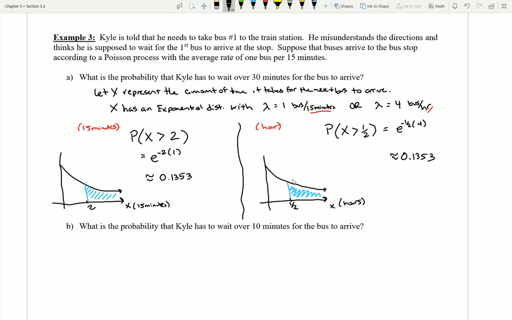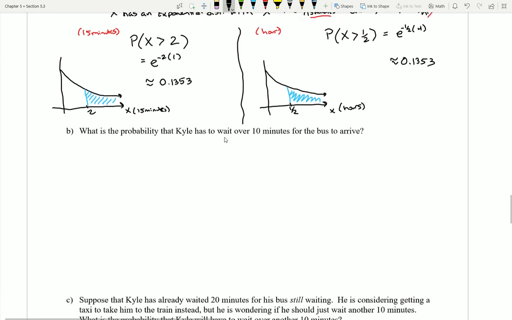So again, when I do a problem, I don't have to pick any particular units. It's not like if I use the 15-minute units, or if I use hours, or if you converted this problem into just singular minutes, you wouldn't ever be wrong. It's just a different way of tackling it. But if you understand how to move from multiple perspectives, you can save yourself a lot of time, because you might be able to pick the easiest possible approach.